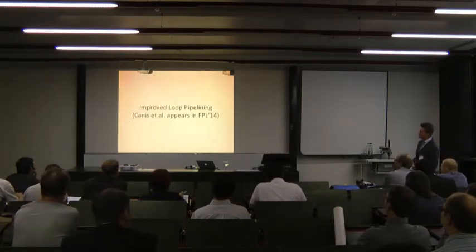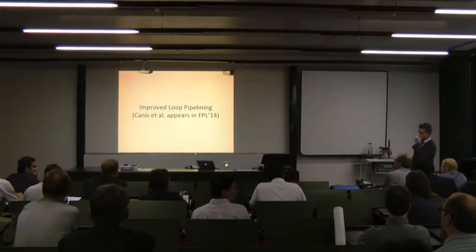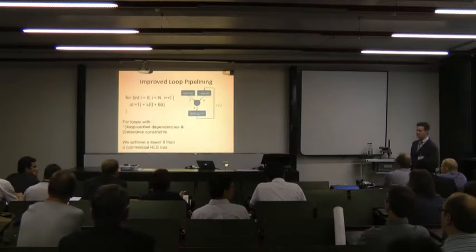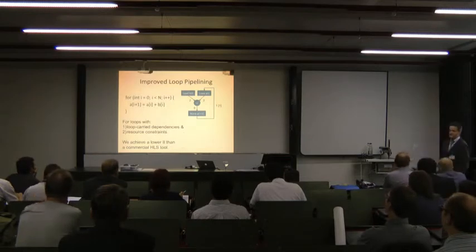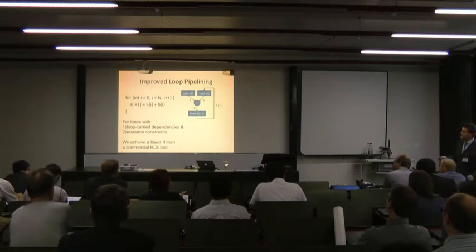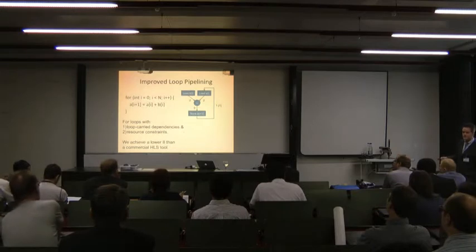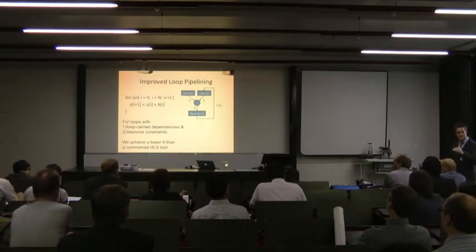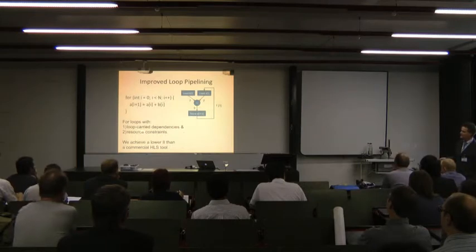Now, on Wednesday, Andrew here is going to present a paper on improved loop pipelining, and I just have one slide to encourage you to come to that talk. What Andrew has done is he's come up with a new way of doing loop pipelining, which handles loops with two specific criteria. One is when you have loop carry dependencies, when you have an iteration that depends on previous iterations, like this kind of situation right here. And when you have resource constraints, meaning, for example, in this case, if you notice this loop right here, we